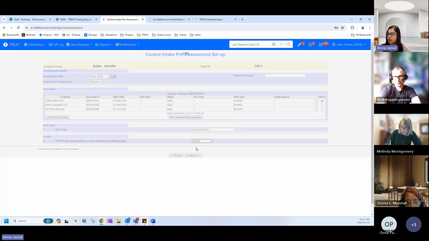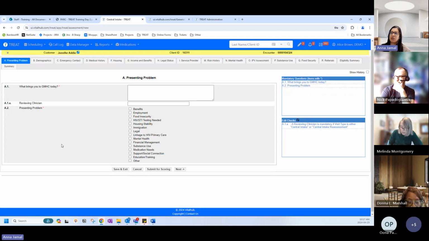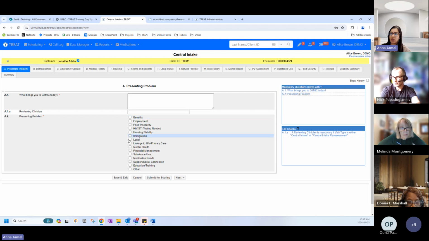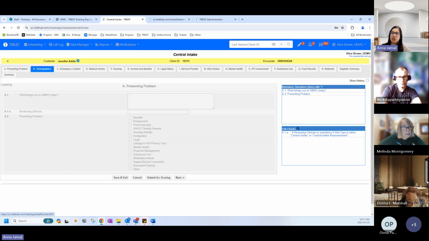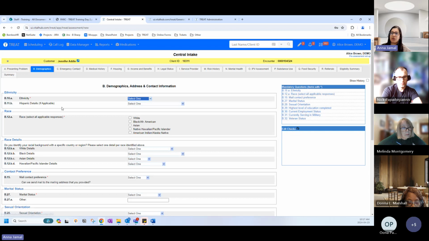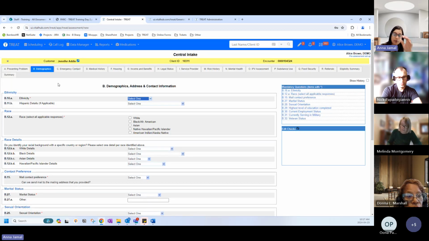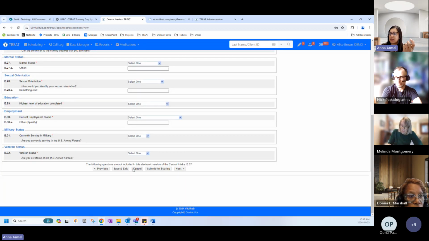They have different ones. So you can see here, this intake is a little bit different. They have more tabs across the top. They have some items that are mandatory. They have text boxes. They have check boxes. If I go to different tabs, different questions pop up, right? So your intake will look different than this as well. But essentially, you can just come in here and fill it out for this client's profile to eliminate all the paper documents. Okay. And once you save them and you submit them,